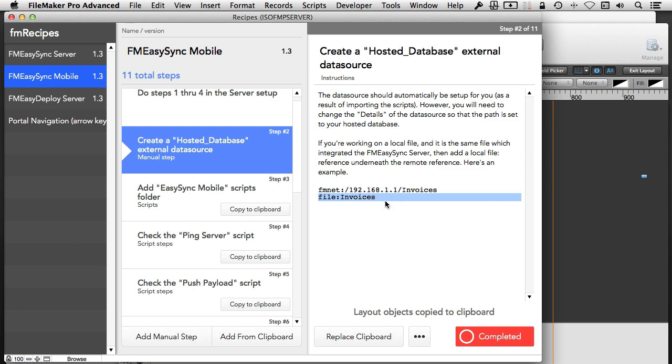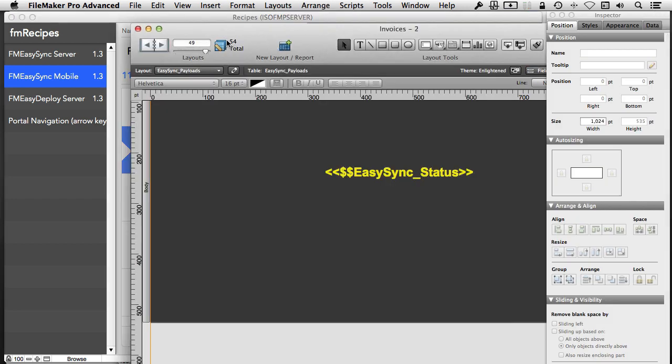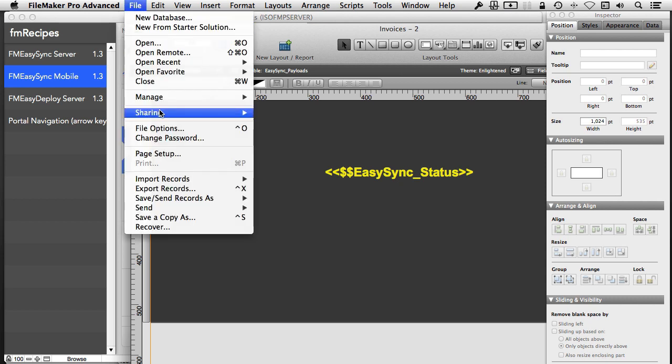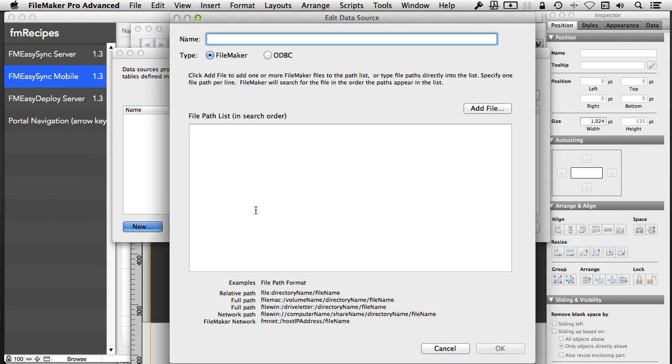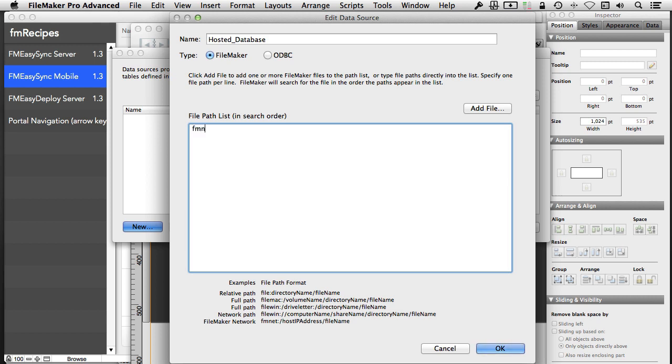So what I'm going to do is go over into my solution, go up to Manage, then External Data Sources, and create a new item. You need to name it exactly this, hosted_database, because that's what the actual scripts reference. Then you put in FMNet and the IP address where this file is actually going to be hosted. After that, you put in file and then the name of the file